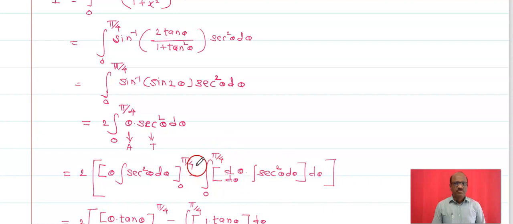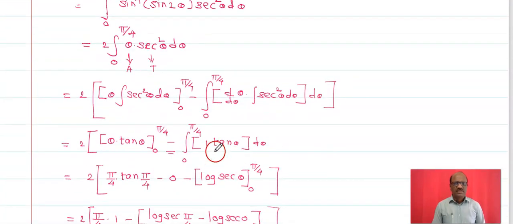That is the derivative of the first function times the integral of the second. What is the derivative of theta? It is 1. The integral of sec square theta is tan theta from 0 to pi by 4, and if you substitute upper limit minus lower limit, then you will get 2, that is pi by 4 tan of pi by 4 minus 0, minus